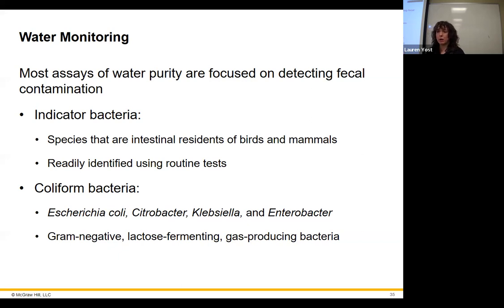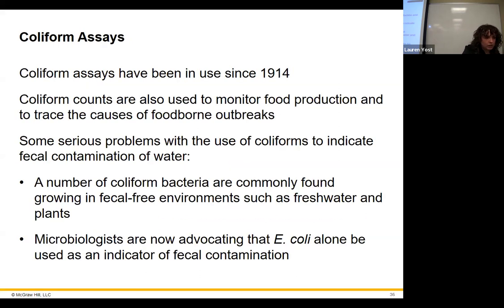Even if you're not testing positive for them, the propensity is there for them to get through, okay? So we look for indicator bacteria. The ones that we focus the most on are our coliform bacteria, which are fecal bacteria that are non-harmful. So regular old E. coli, Citrobacter, Klebsiella, and Enterobacter. All of these guys are coliforms. So fecal coliforms are the ones that we're using as our indicator bacteria to tell us if we have the likelihood of pathogens making it through.